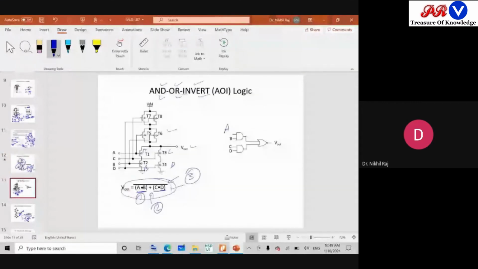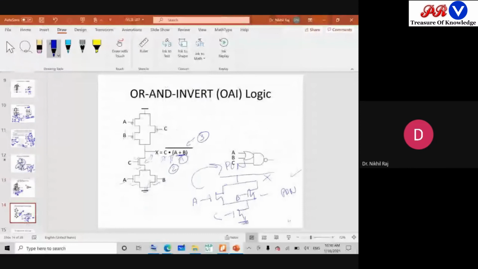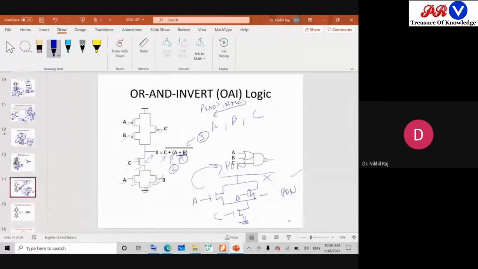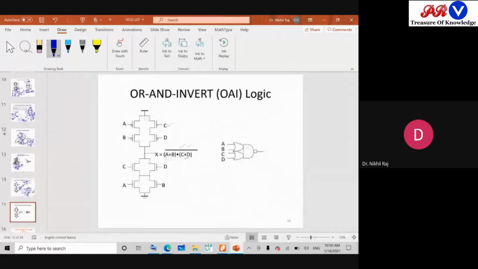Let's say if we are taking this example, so this A and A bar is there, B and B is there, C and C is there. So each has a pair of PMOS and NMOS. Any variable, A or B or C, has a pair of PMOS as well as NMOS. Okay. Here also, the C variable is facing PMOS and NMOS. So in CMOS logic, every variable has two associated transistors, PMOS and NMOS.